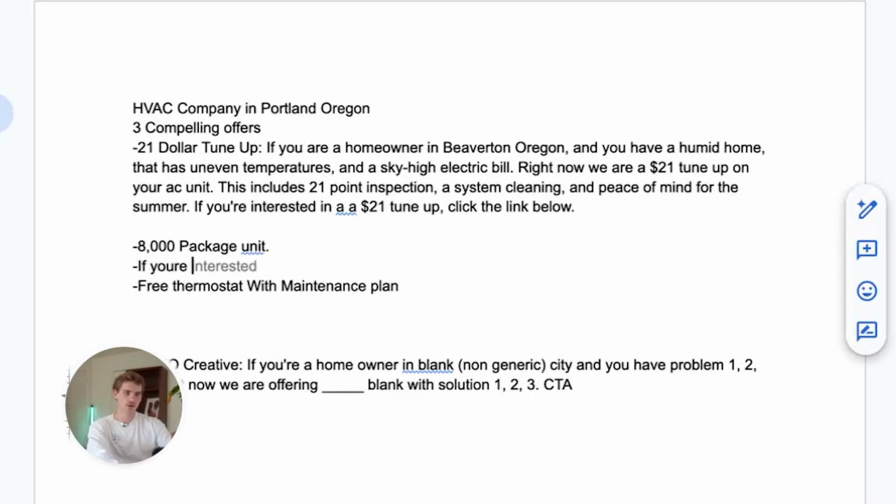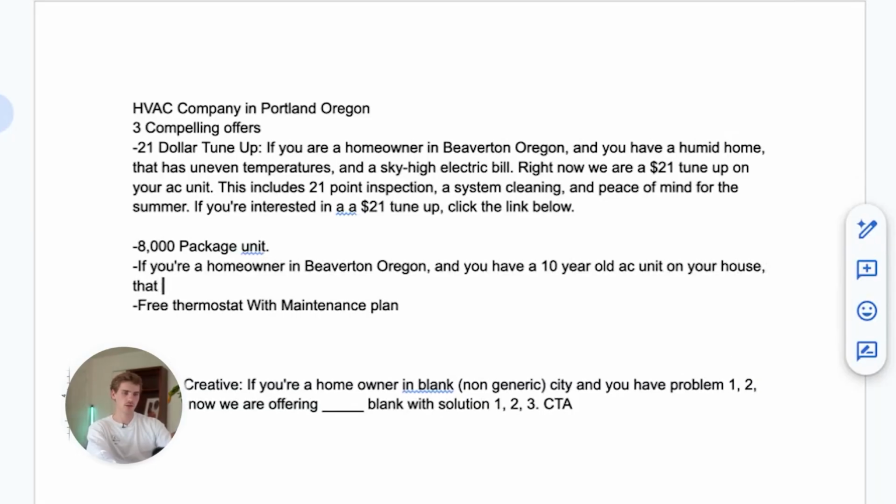So if you're a homeowner in Beaverton, Oregon, capitalize that, Beaverton, Oregon, and you have a 10-year-old AC unit on your house, that doesn't run how it used to, and the fan is running all the time,